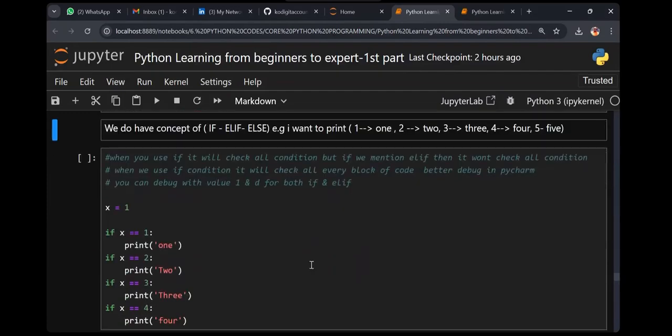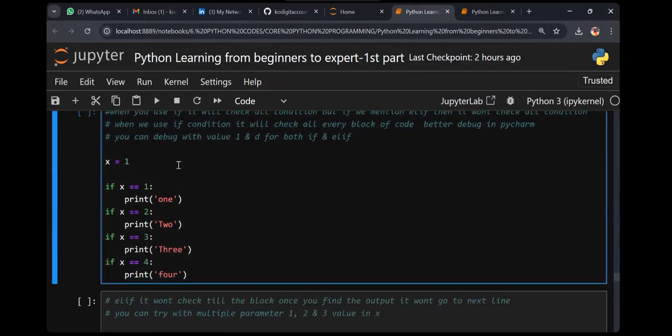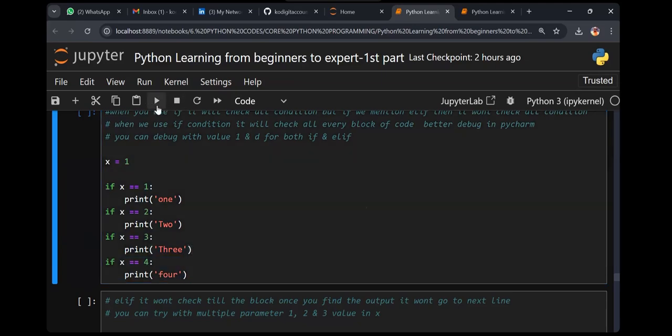Clear? Let's try. x equals 1. If x equal to 1, print 1. If x equal to 2, print 2. If x equal to 3, print 3. If x equal to 4, print 4. Just go ahead and execute.